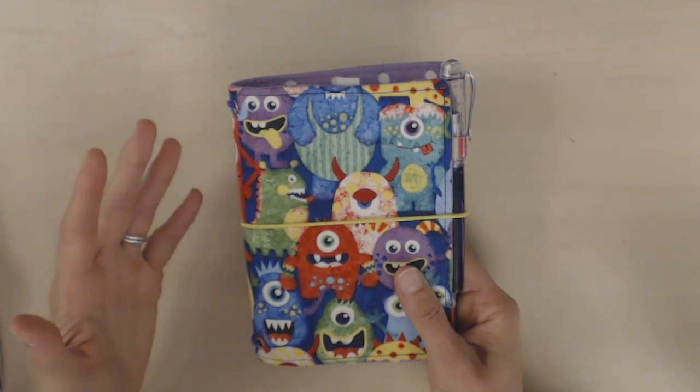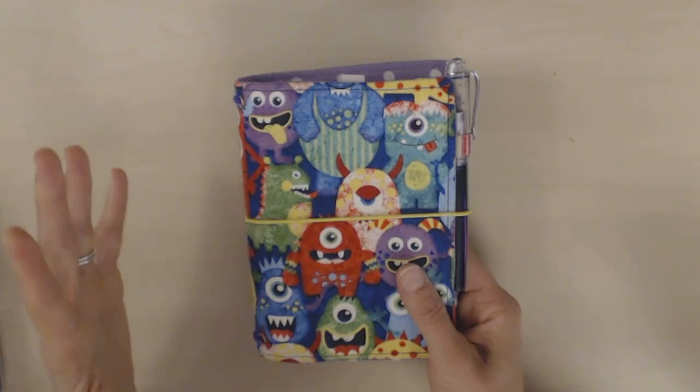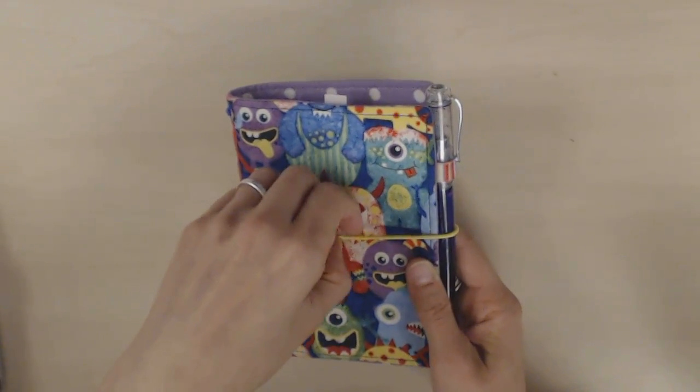I have just got another amazing cover. It's a faux leather cover, which I'm going to do a separate review on, but I love this so much that it's hard to switch out of it. So